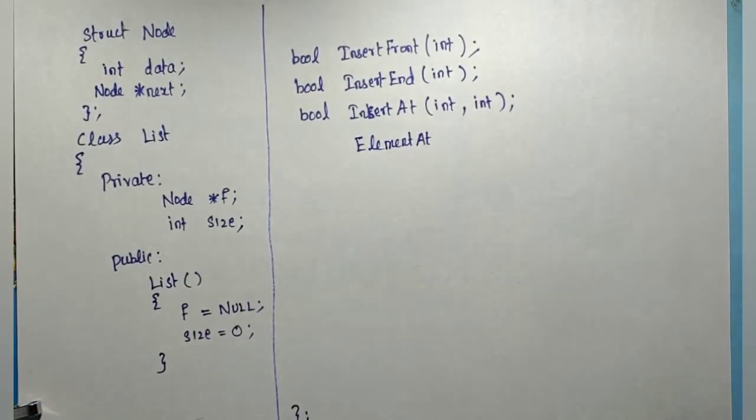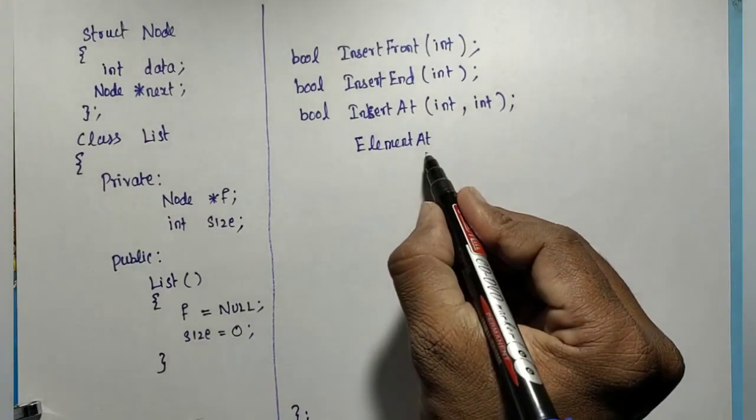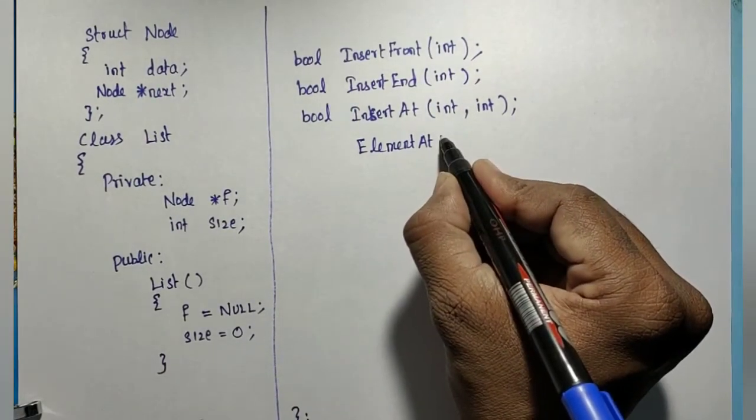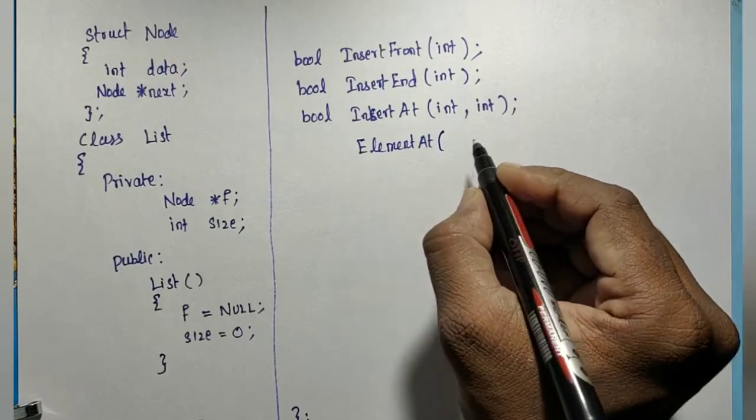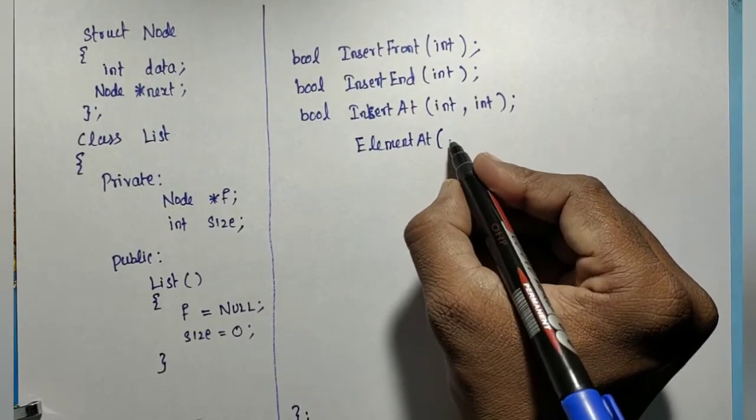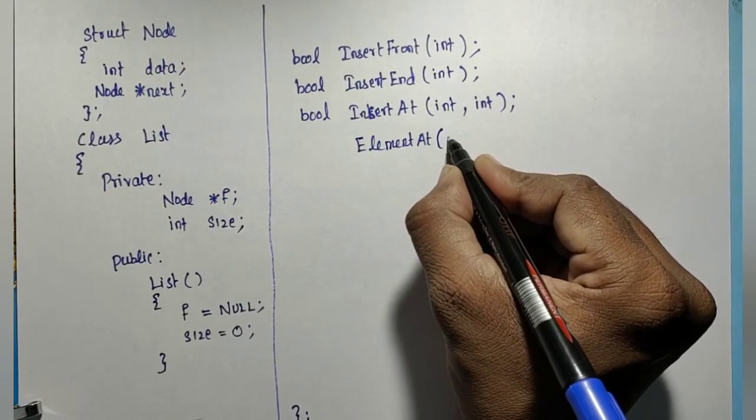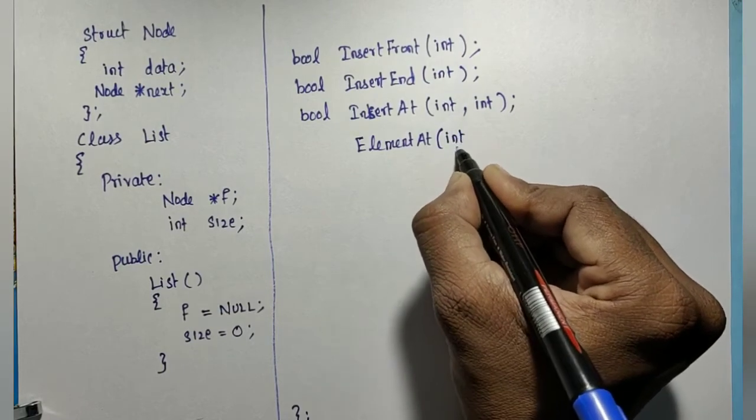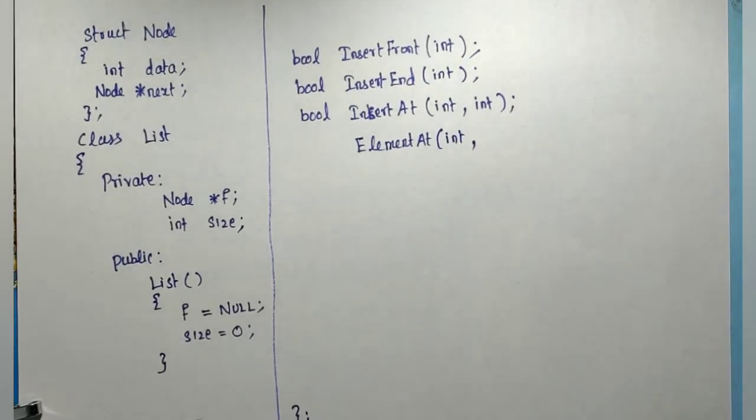Element at means that it is going to retrieve that element which is presented at a particular position. So I need to pass the position as the input. So int one is the position. Another one is what? Int is the position. The next one is